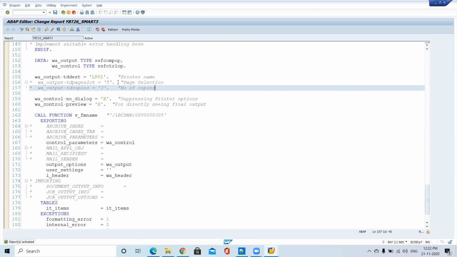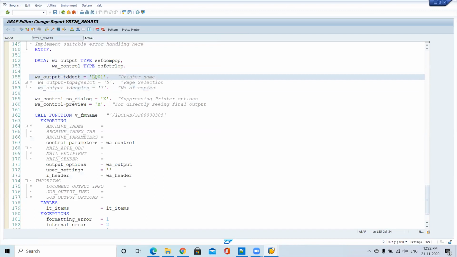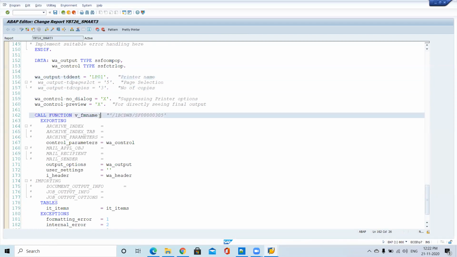Sometimes we'll maintain all the properties in the G table, and there we'll pass our smart form name and maintain the printer. We'll write a query on the G table: for this smart form, what is the printer? We'll pass this printer name dynamically. In future, if you change the printer, then if you modify it at the table level, it will automatically reflect in the program.